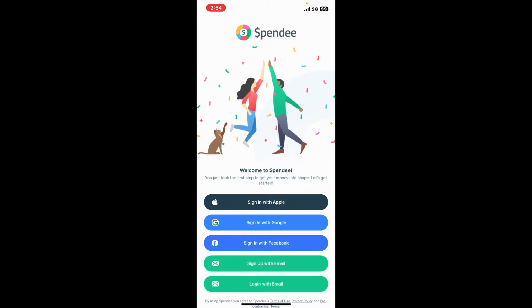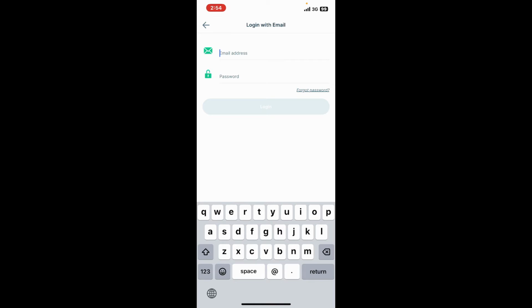on the screen. If you've previously selected Apple ID, Google account or Facebook account, you will need to do the same over here. Choose one of the options that you previously used while signing up for Spendee. Since I used the email option, I will need to tap on Login with Email at the bottom of the screen. Go ahead and select one of the login options and then enter the rest of the information as prompted